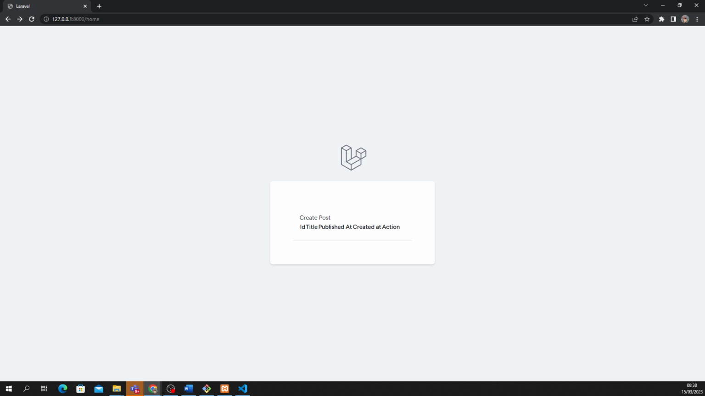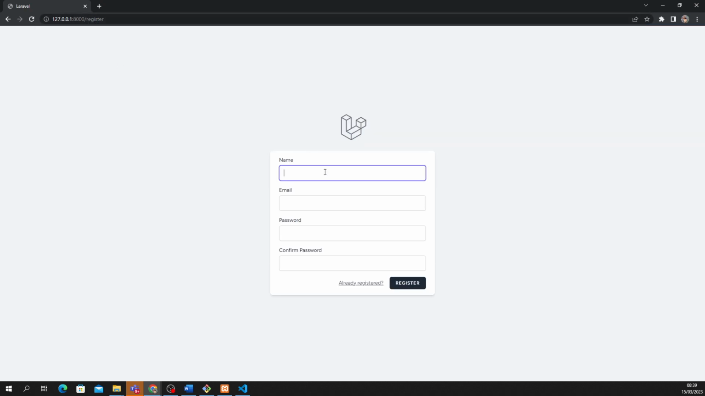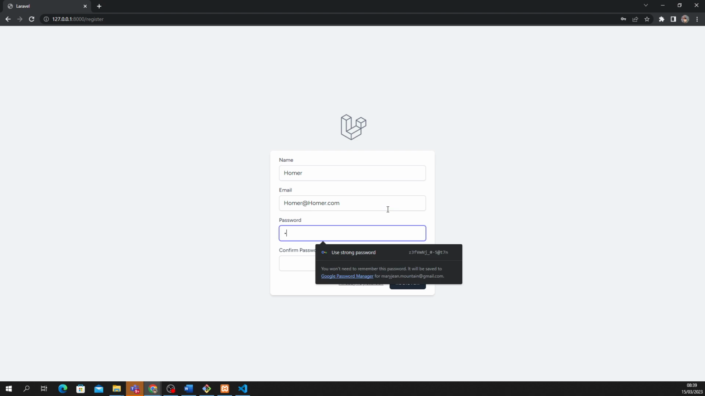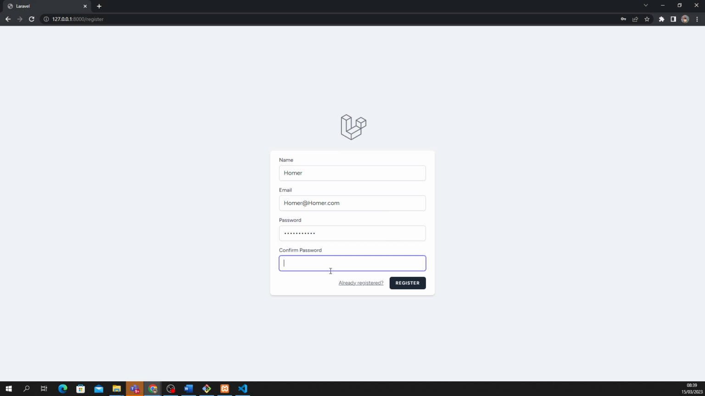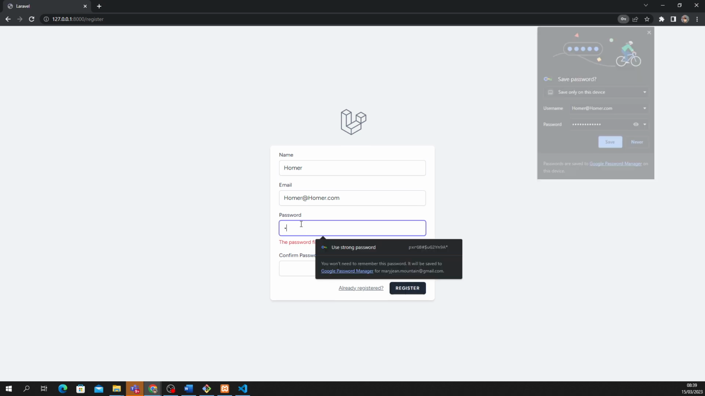Now we have to create a couple more pages. So we need to create the create blade. If I go to register here, which is what we installed using Breeze, we haven't created this, Breeze has created this for us. And if I just create Homer, homer@homer.com, password, I don't know, hello 1234567, hello 1234567, and press register. Password does not match because I think I put